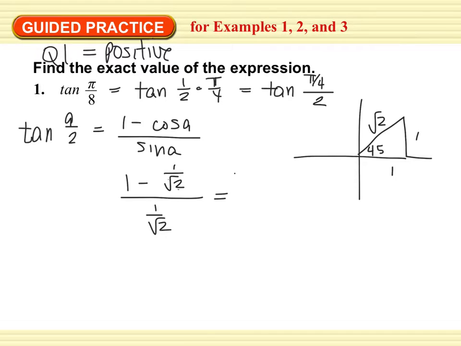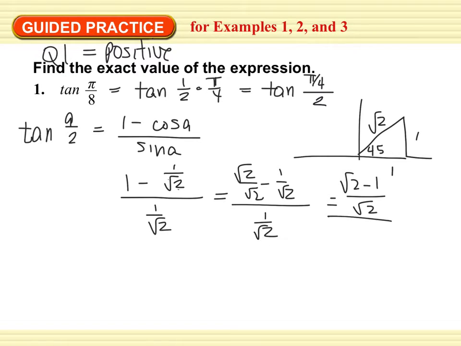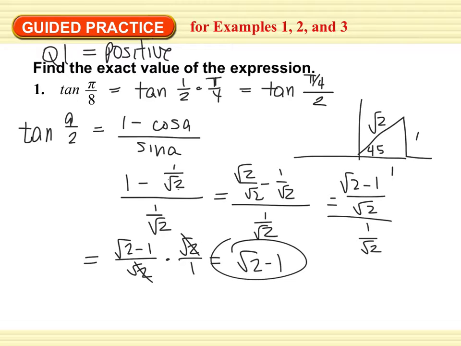Okay, I'm going to change that into square root of 2 over square root of 2. Move this. So I get square root 2 minus 1 over square root 2 times 1 over. I'm going to take that denominator and change it from a division problem into a multiplication problem. So square root 2 minus 1 over square root 2, reciprocal, cancels out, and my answer is square root 2 minus 1. I like the tangent ones. They seem a bit more simple